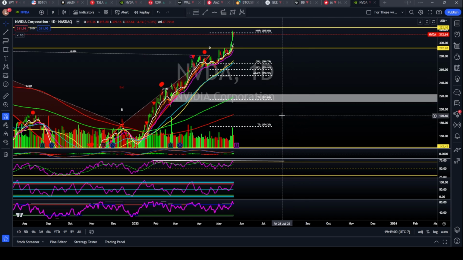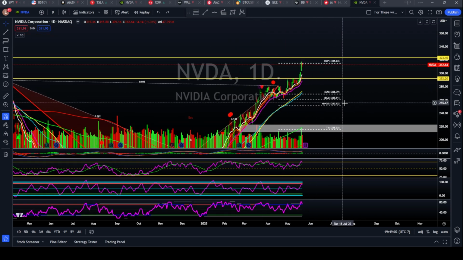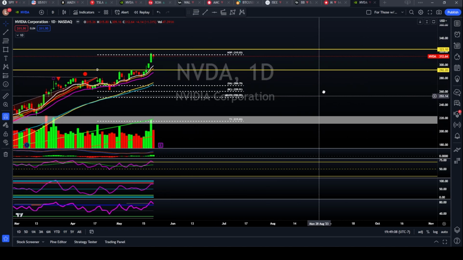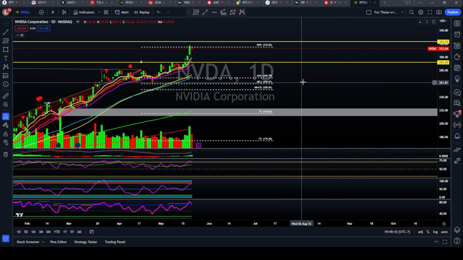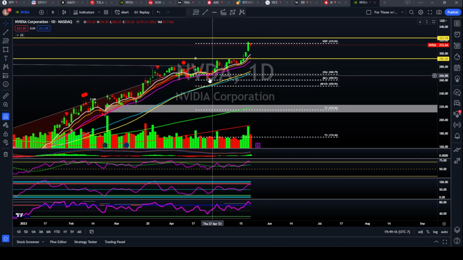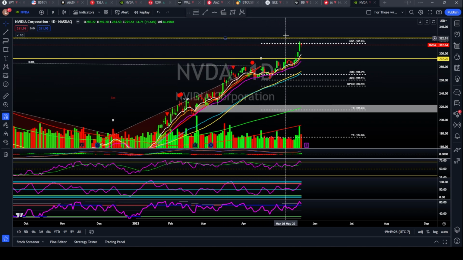So if it's just potentially starting to play out, you could come back down to test the 90 MA here at 300, call it 300, and then potentially 292.20. As we've seen in the past, the 21 EMA on NVIDIA has been a key critical level of support. You did fall below it here, but you quickly regained it. So these EMAs are starting to curl up high here,